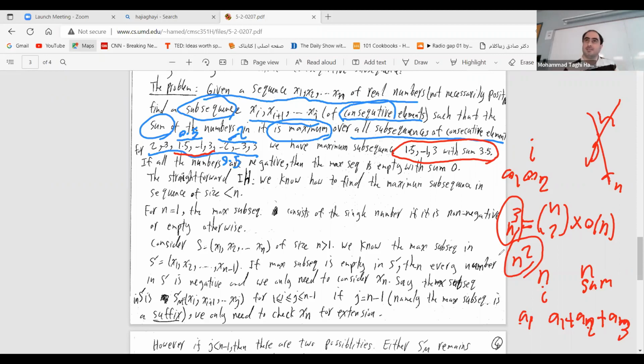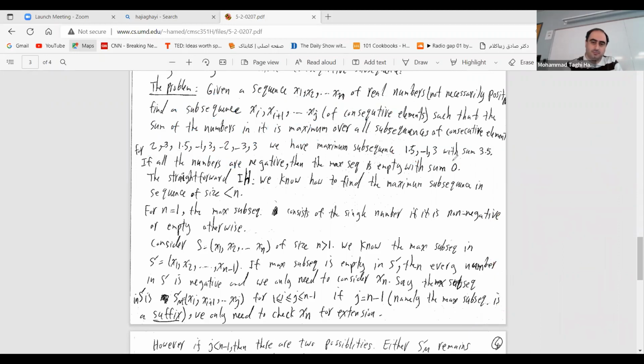Does it make sense? So, okay, we need order n. As I mentioned, for lots of problems, and this is the one that we are using, we need omega n running time. So we say order n to the 2 or order n to the 3, but here we say that omega n is needed. Good. Okay, so let's now go to the algorithm. How can we do order n?